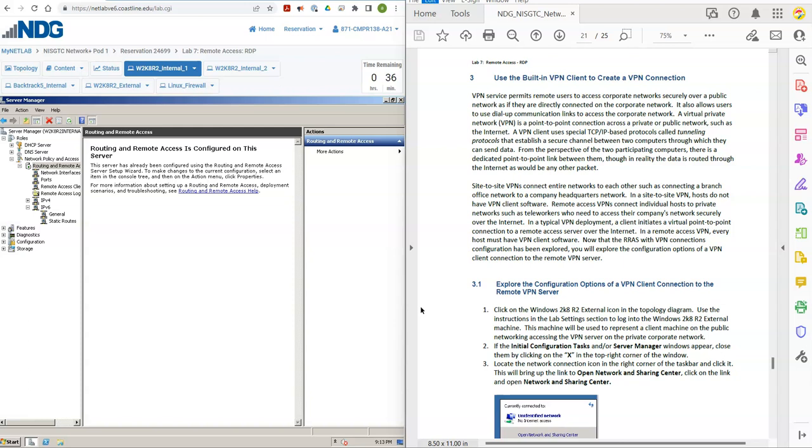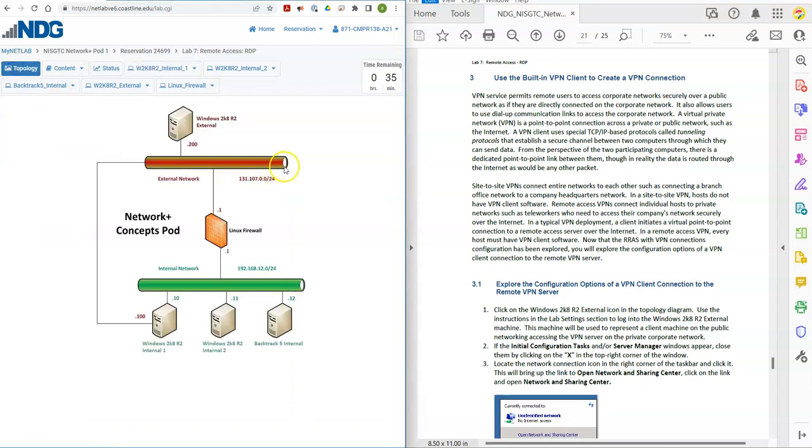Step 1. Click on the Windows 2K8 R2 external icon in the topology diagram and use the instructions in the lab settings section to log into the Windows 2K8 R2 external machine. This machine will be used to represent a client machine on public networking accessing the VPN server on the private corporate network. So we're going to go to the topology, and as you can see,